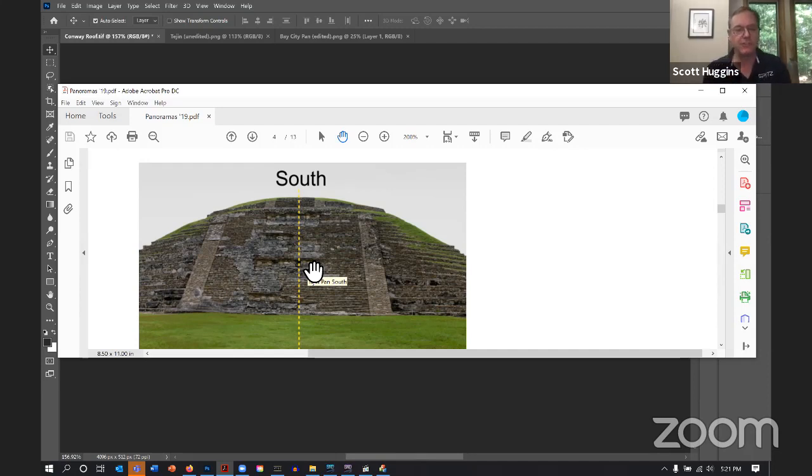So what I do as I start to take these pictures is I try to find an object that I know is in the south, and I put that right in the middle of my photograph. And then I always turn to my right. I always take another photograph to the right. The reason I do that is if you keep working your way to the right, then when you open these individual photographs up later, they will be in order